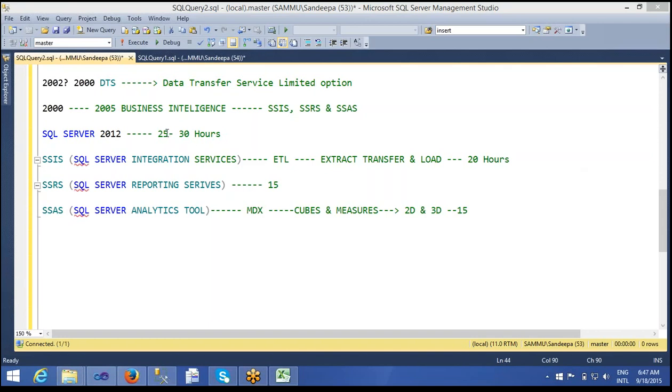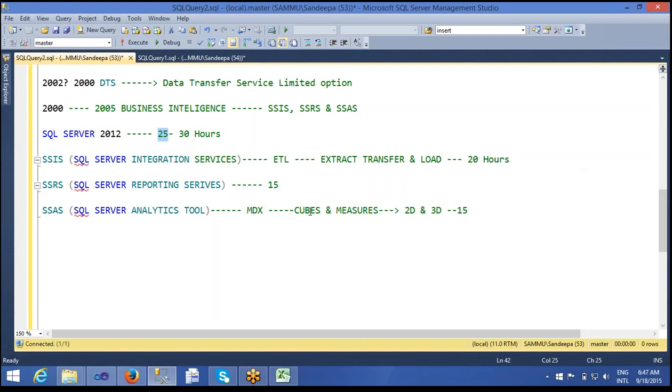If you consider 25, 45, 45 plus 30, it will take 75 hours of training. But I don't want to compromise any of the topics. It may extend, which is not an issue for me, but the guys should understand very neatly. That is the plan actually. So here, we teach you SQL Server from scratch to higher level.